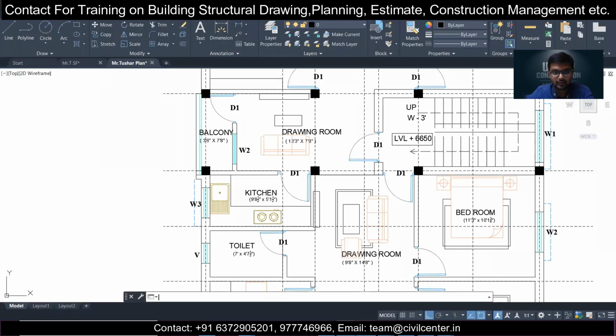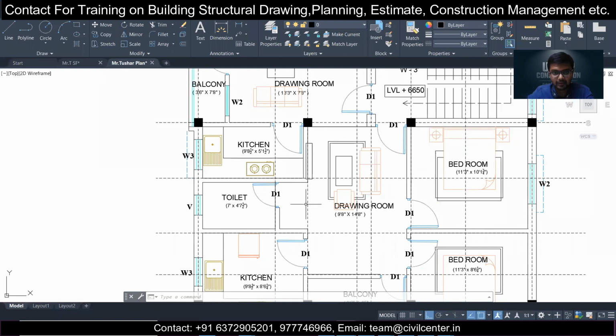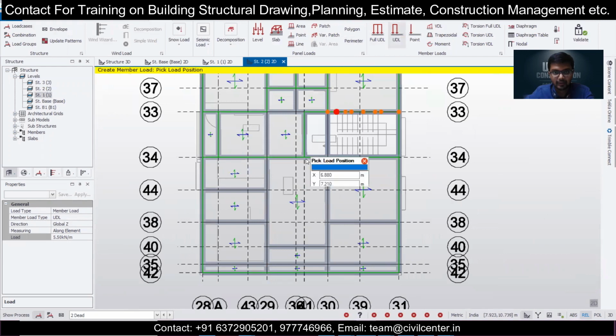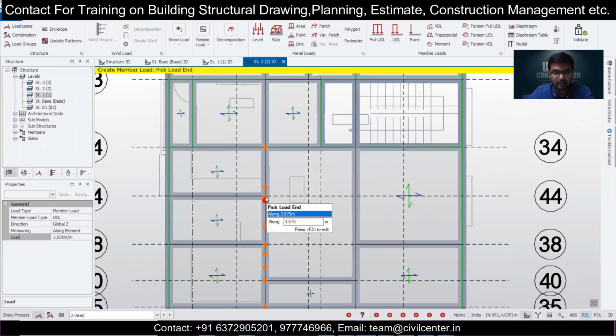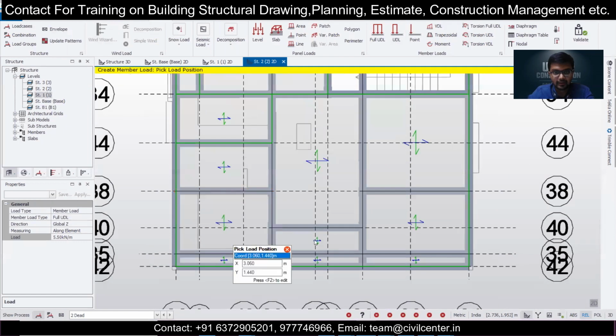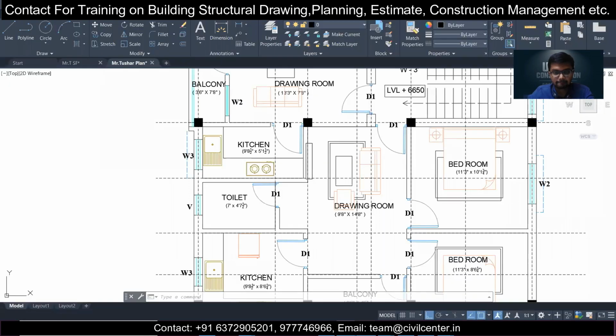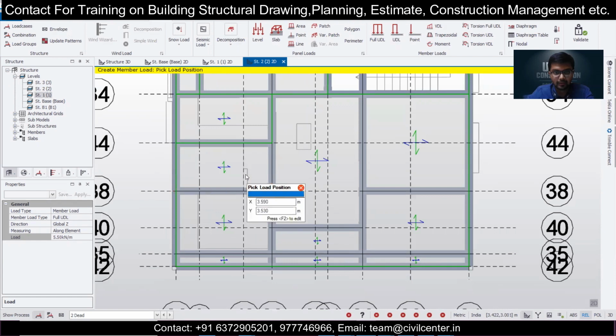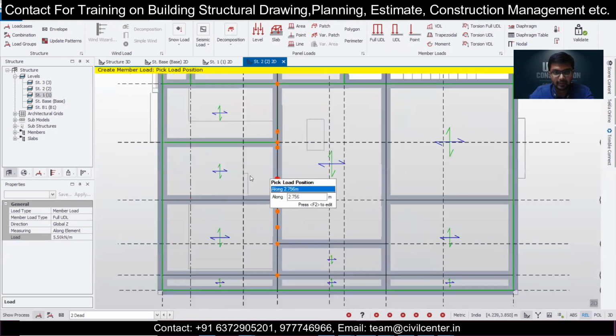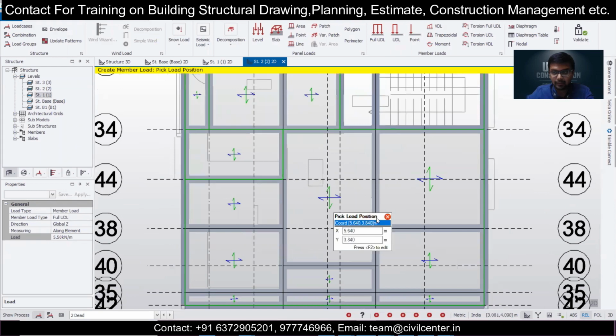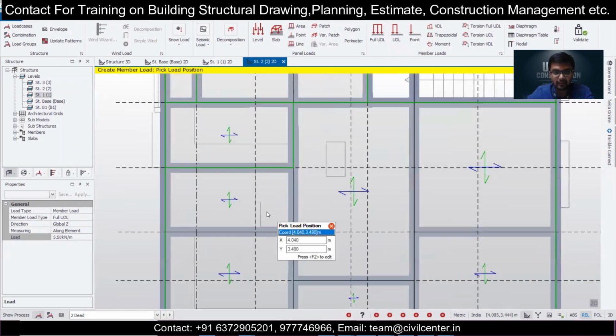And this portion, whether we have any partition or not, we don't have any partition. This is the drawing room portion which we don't have any partition. So here we are having a partition for the kitchen. So let's take the help of UDL and single click, and then go to full UDL 5.5 for this, and then again the particular door of this portion where we haven't put any beams, unfortunately. So we'll have to do that right now. This is an error in our model.